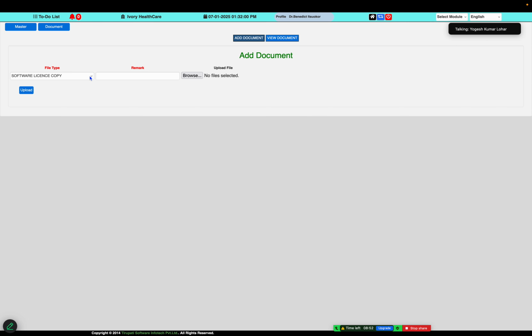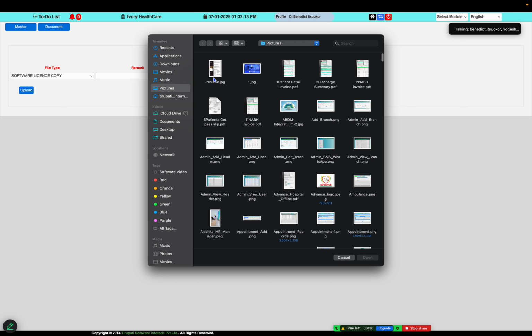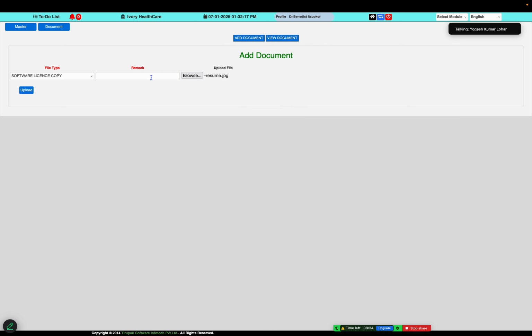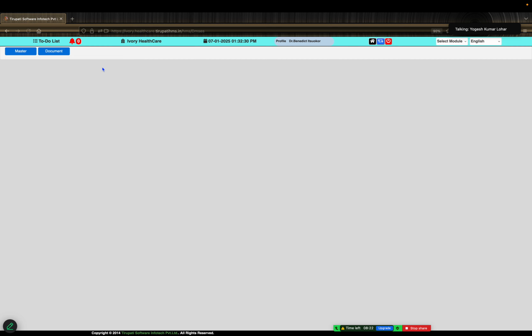making a digital documentation copy prevents physical copy damage. Suppose you have a physical copy but you are not able to find it, so it is easy to maintain your soft copy here, and you can upload that copy in the software whenever that document is needed. For example, a software license certificate for lab software license, and we have uploaded this document here, and we can maintain the document in the system record.